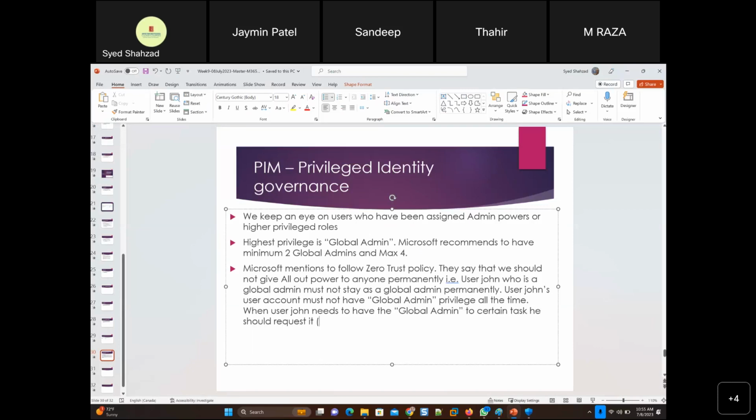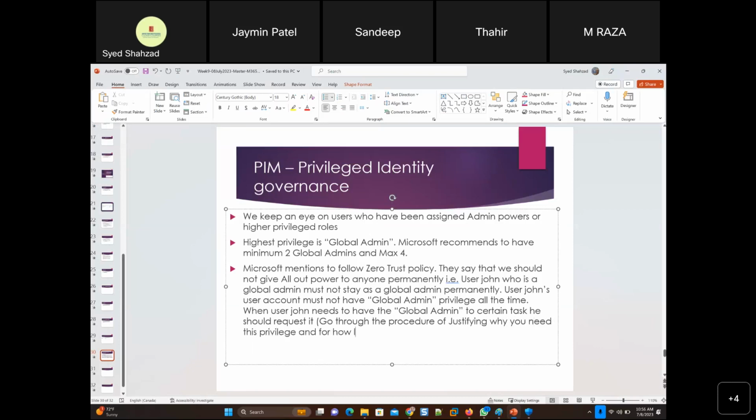Well, he himself is a global admin, so who would he request? I mean, all requests go to the global admin, right? So he would request himself. Yes, actually, go through the procedure of justifying why you need this privilege and for how long.